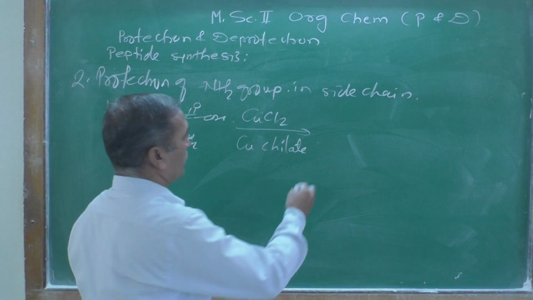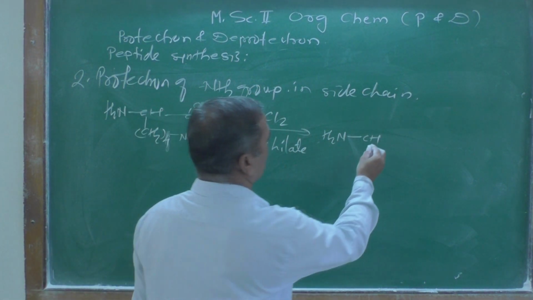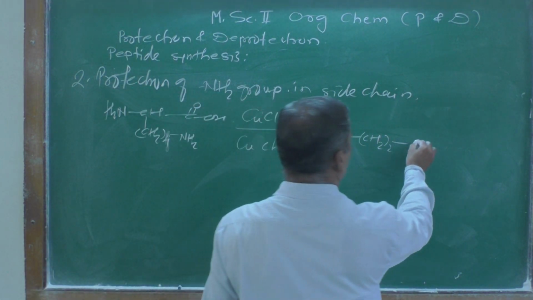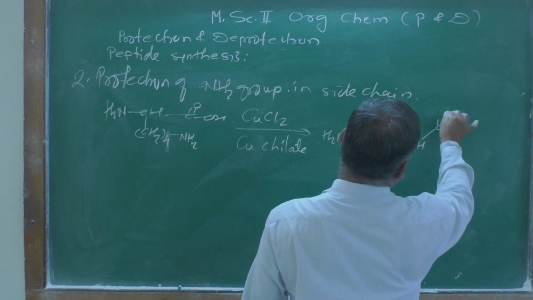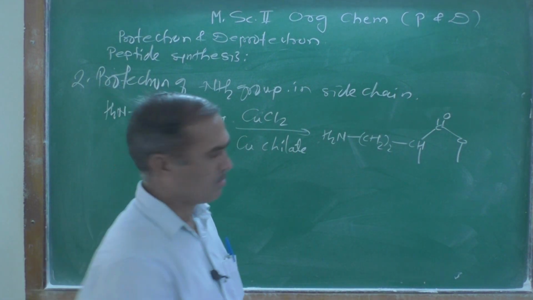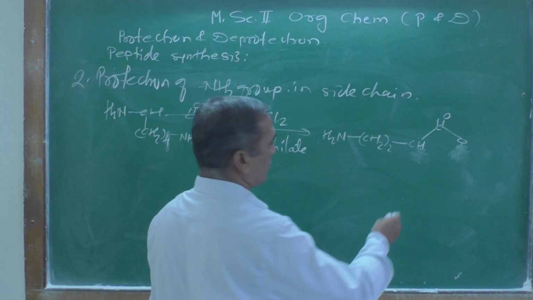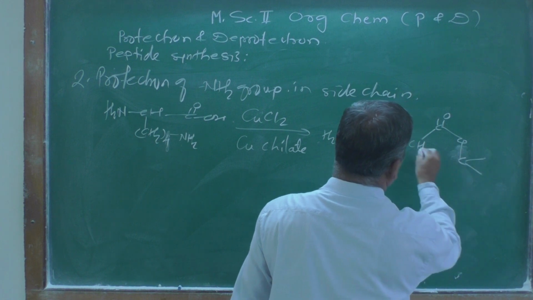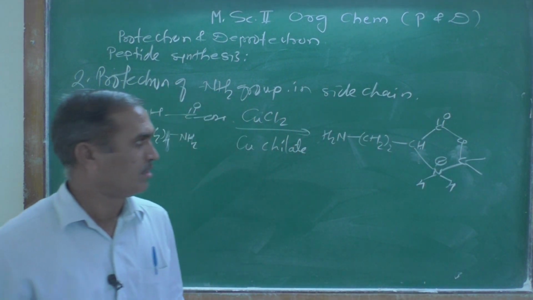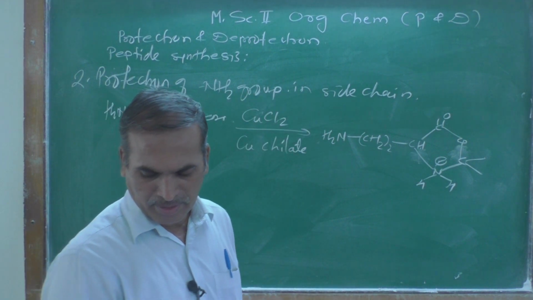What are you going to get after treating this? The product formed will be this one: H2N, then CH2 four times, and then C double bond O, then a four-membered O, C, N, H with a positive charge formed here. This type of complex is formed. Now this will be treated with